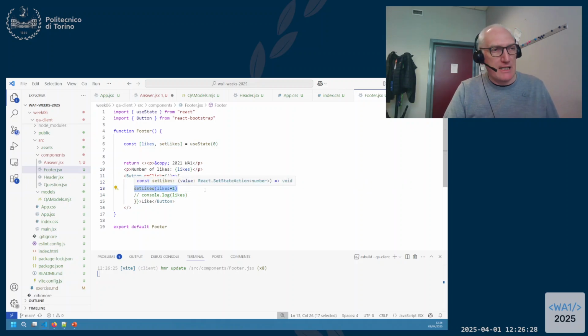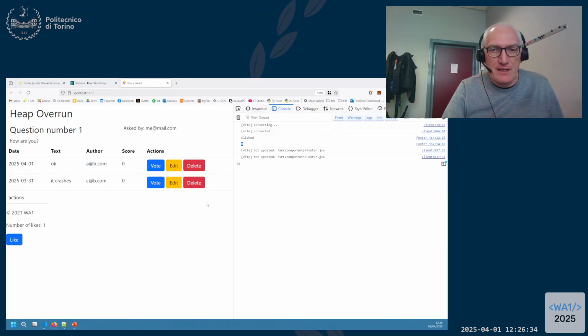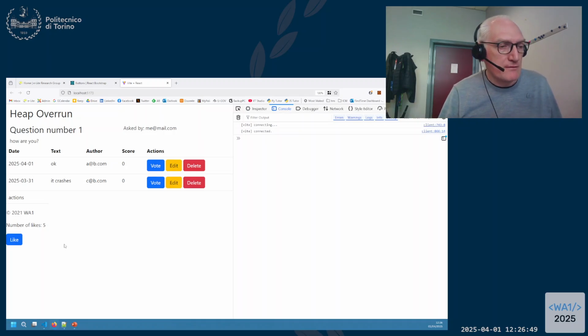Set likes plus 1, which is what you want. Every time I click on likes, this number is increased. And it seems working. Let's reload it, so it starts from 0. Likes 0, I click, becomes 1, 2, 3, 4, 5, and so on. So it seems to be working, but actually beware, it is not the right way of doing it,